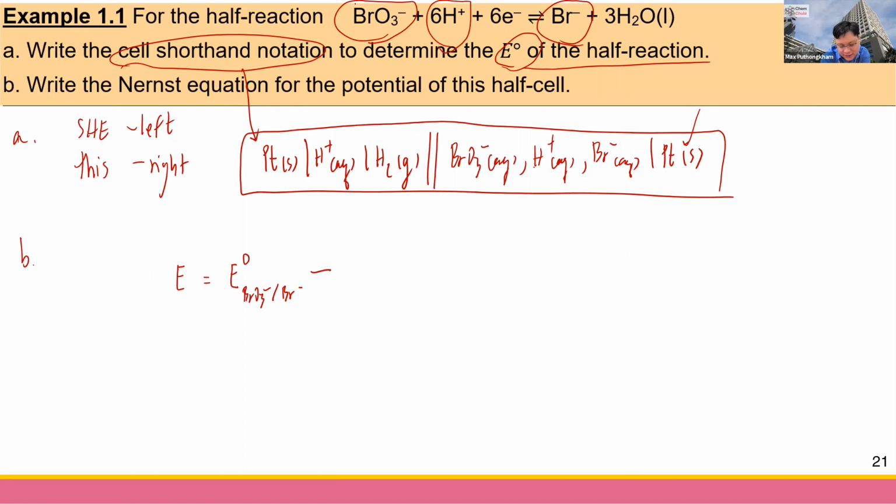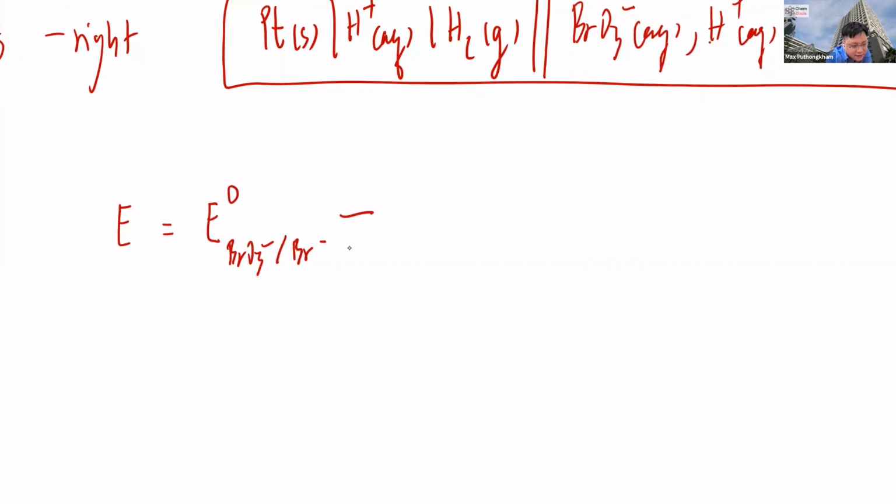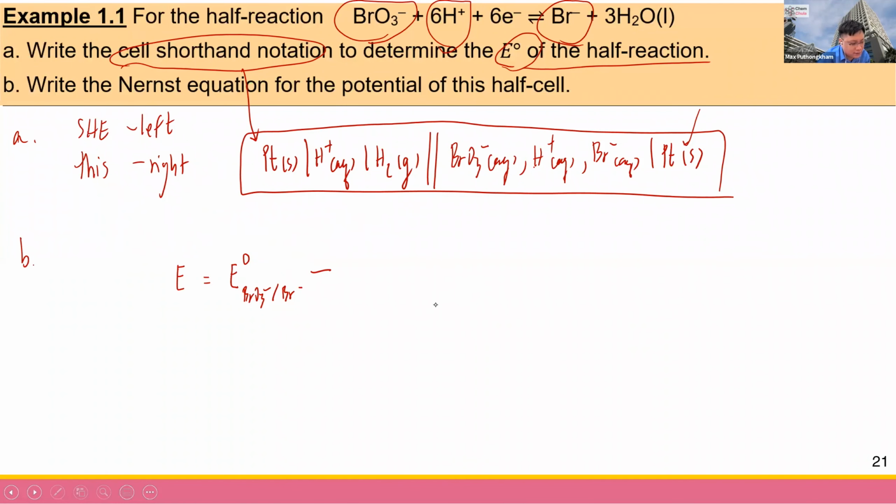At any temperature, it's going to be RT over nF, right? But this one, we're just going to use 0.0592 over